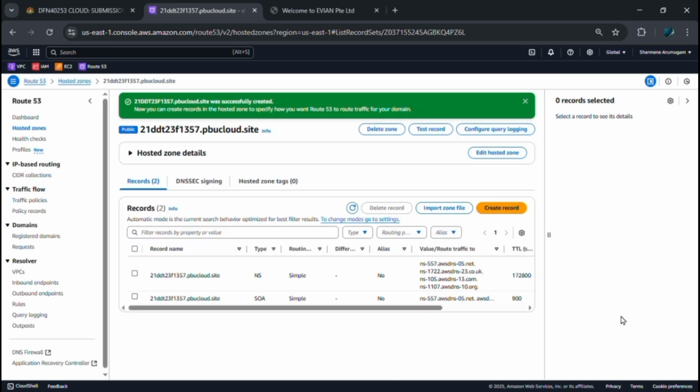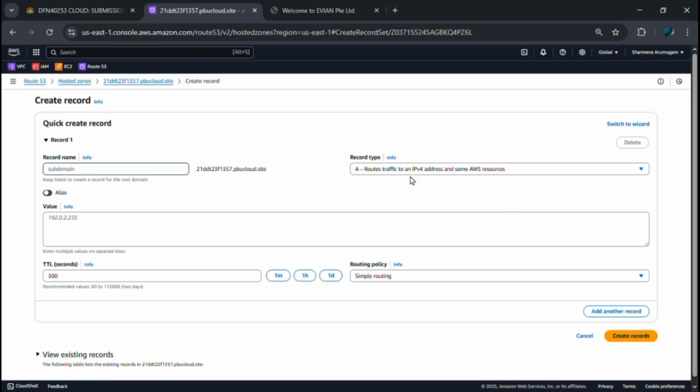Okay, directly create created zone. Now we have to click into create record. Okay, create our record. Here we have to